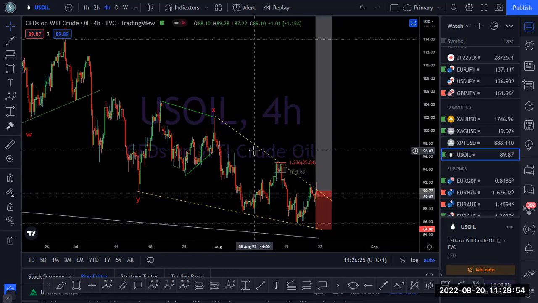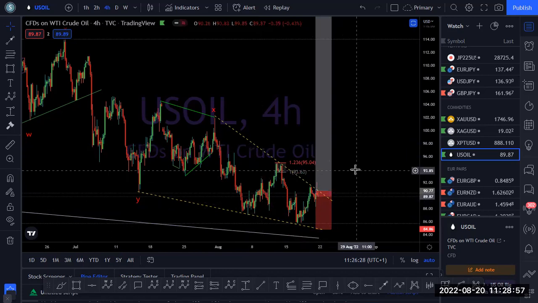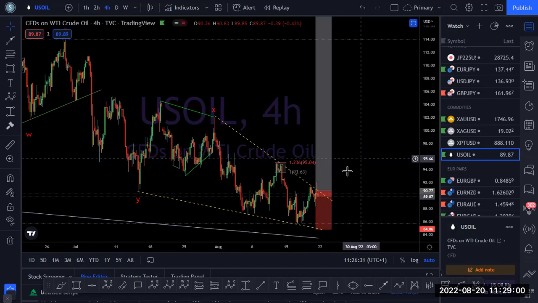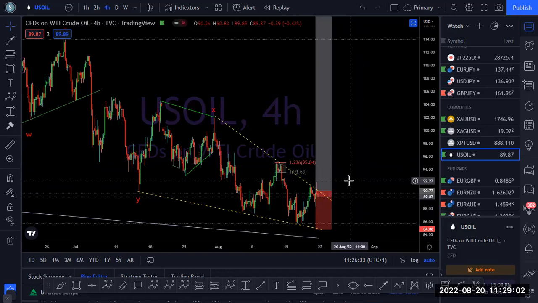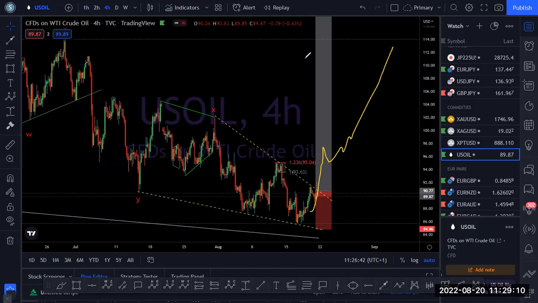US oil, last week I said we are getting a new low. Yes, the new low. My thinking is that after the new low, we begin to get a fast move. But now the market is doing something else. The market is doing what we call an ending diagonal. We have WXYXZ. So the wave Z is making an ending diagonal, which means this is wave 1, this is wave 2, this is wave 3, and this is wave 4.